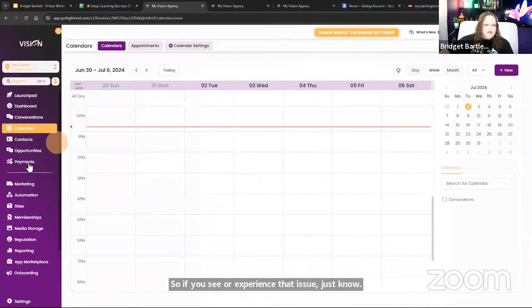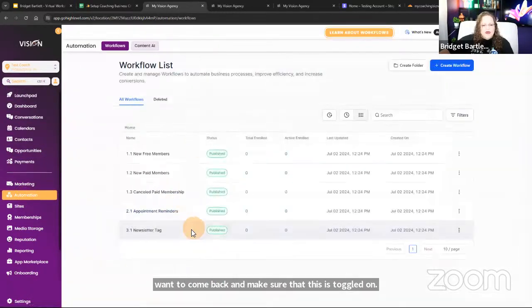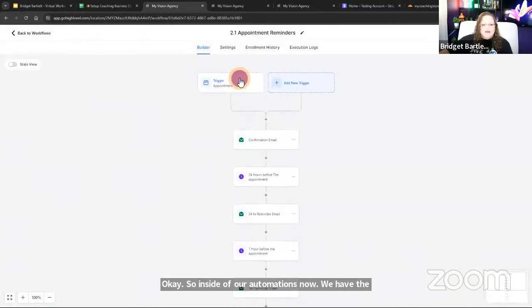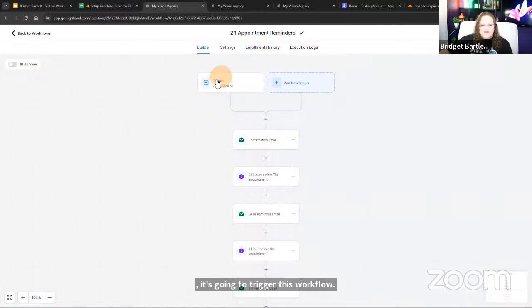is toggled on. Okay. So inside of our automations now, we have the appointment reminders. So when they book an appointment, it's going to trigger this workflow. Okay. Now, the very first thing that's going to